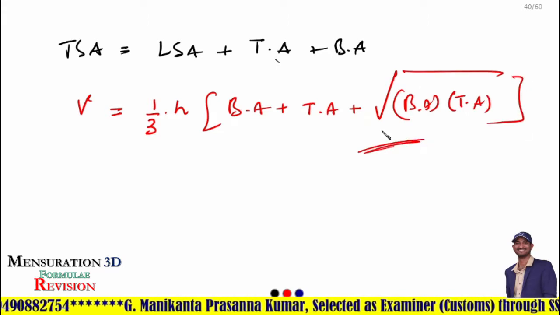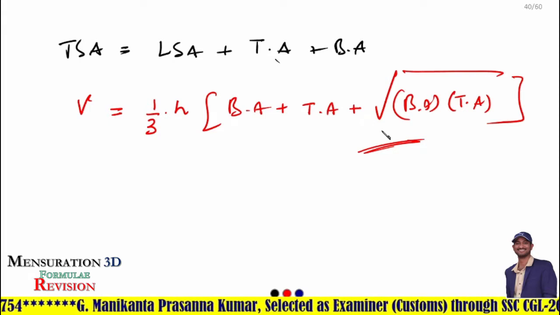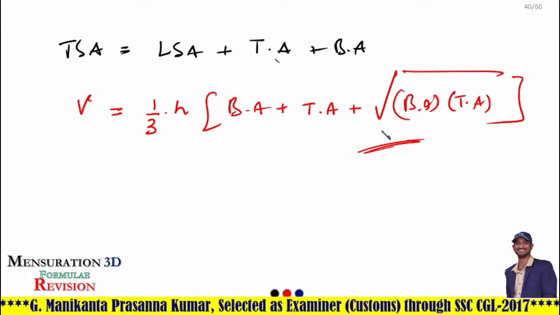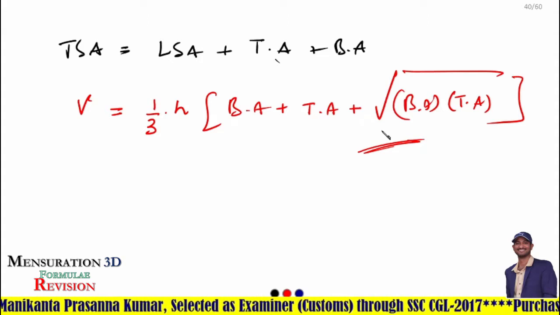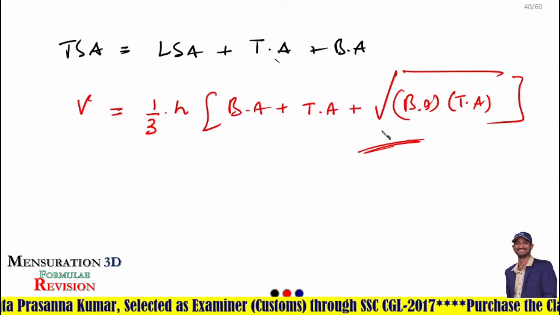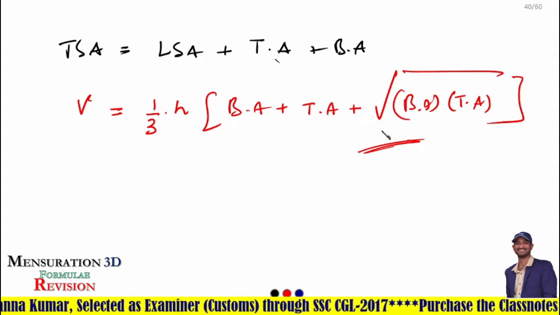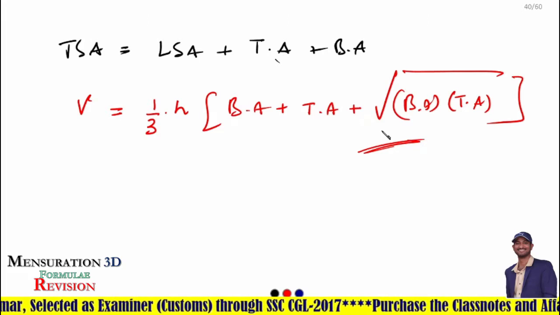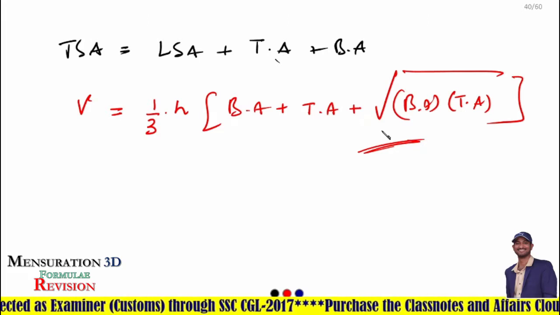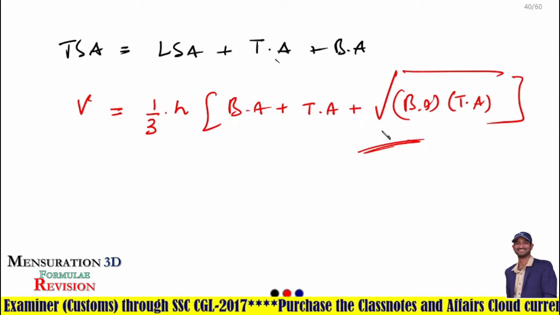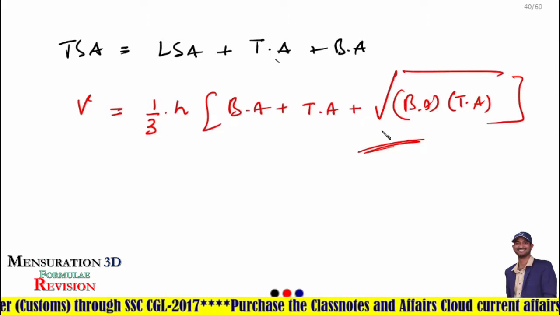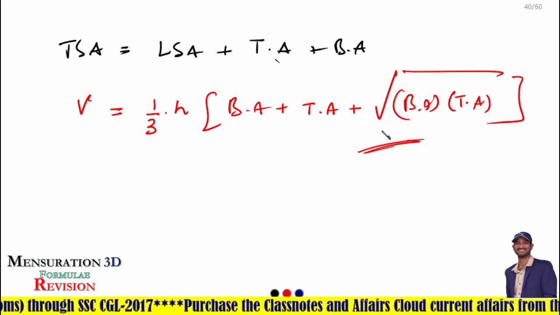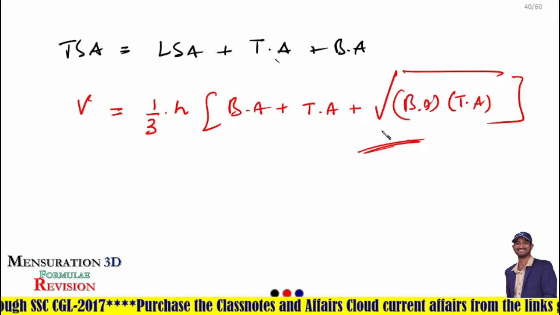These formulas are very, very important in frustums. They will give you the values directly and you have to substitute them in these formulas if you remember them perfectly. That's it. Inscribing figures in pyramids is not that important for our exam, that's why I don't want to tell them. Is it clear?